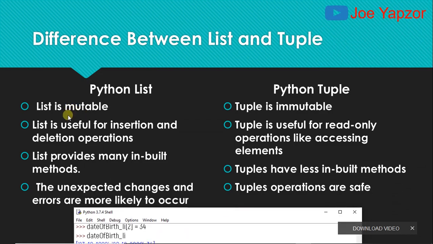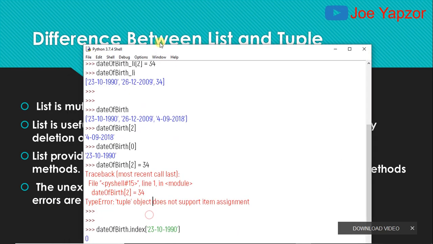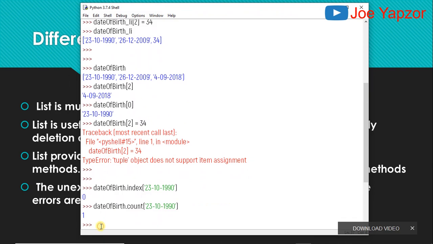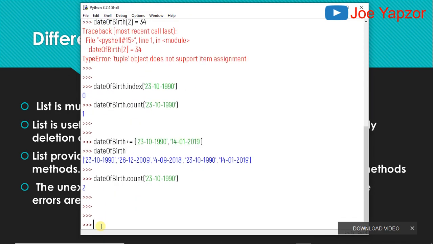We have the second one. List is useful for insertion and deletion operations. And that basically tells us that in list we can insert elements to it. So with our dates of birth list, I could have done insert, provide a position, then